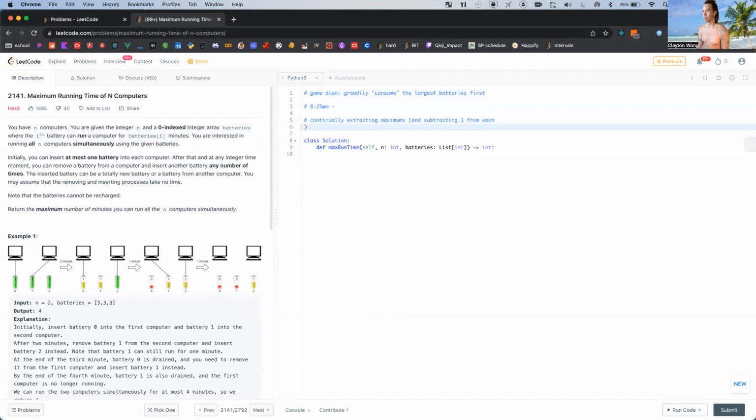Whenever we continually extract minimums or maximums, the heap, slash priority queue, is part of the algorithmic toolbox that can handle that in logarithmic time.